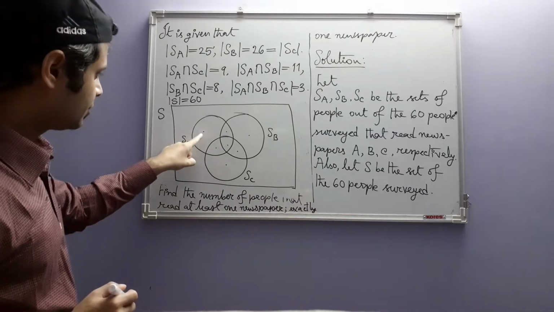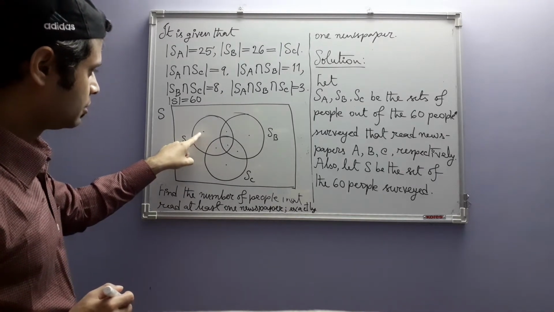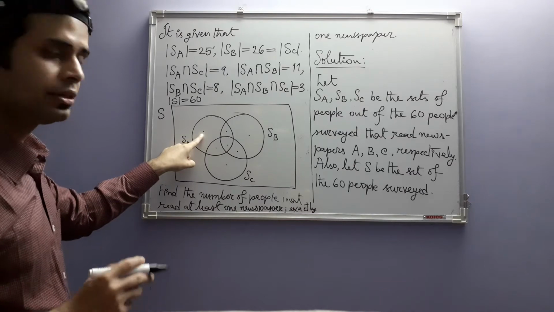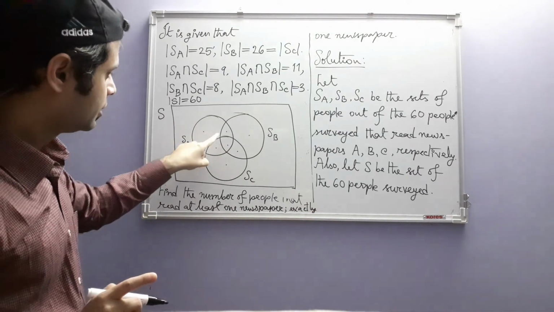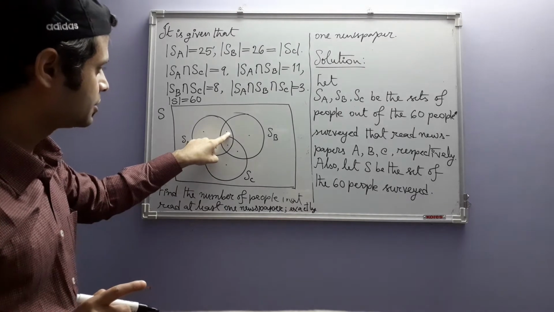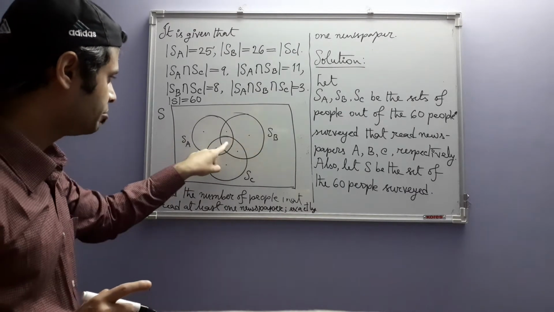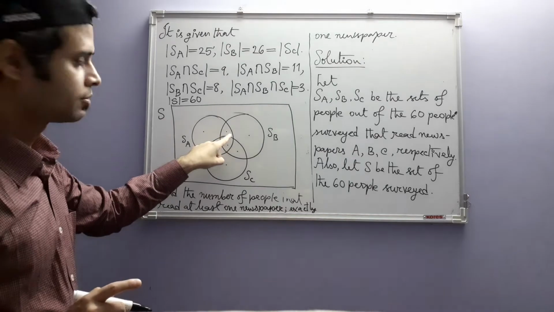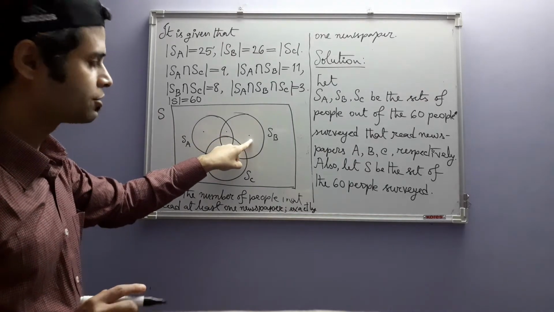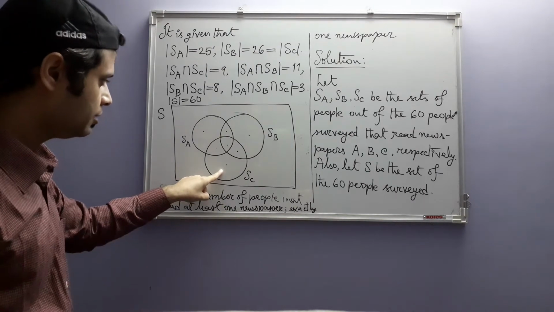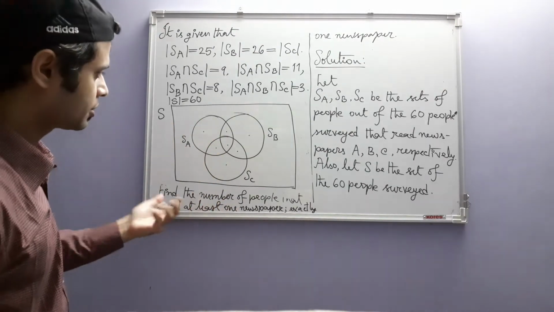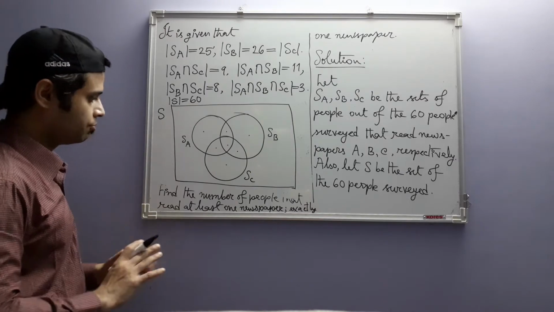If the person reading is here, then that person reads only newspaper A. If he is here, then he reads newspapers A and B but not C. If he is here, then he reads only B. If he is here, then he reads only C, and similarly. Okay, so we are